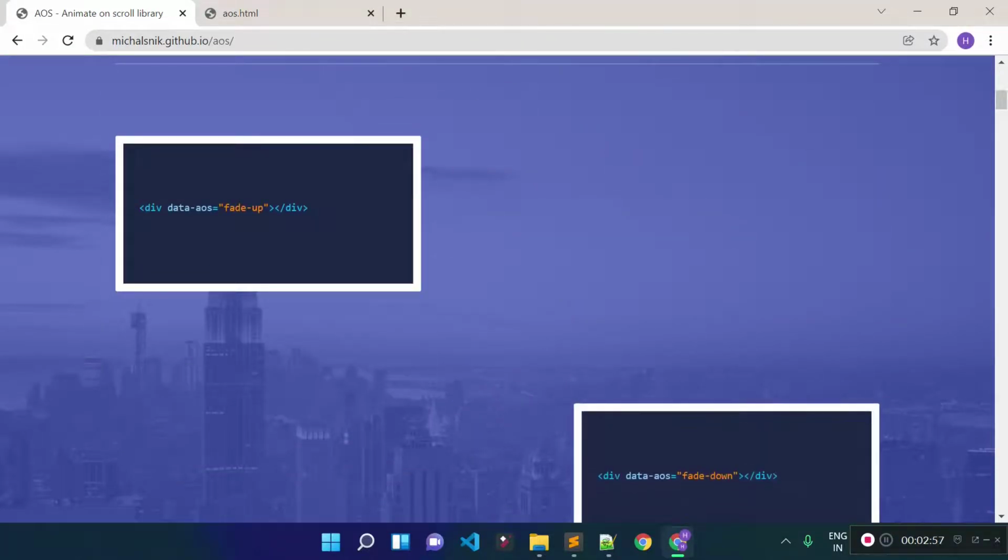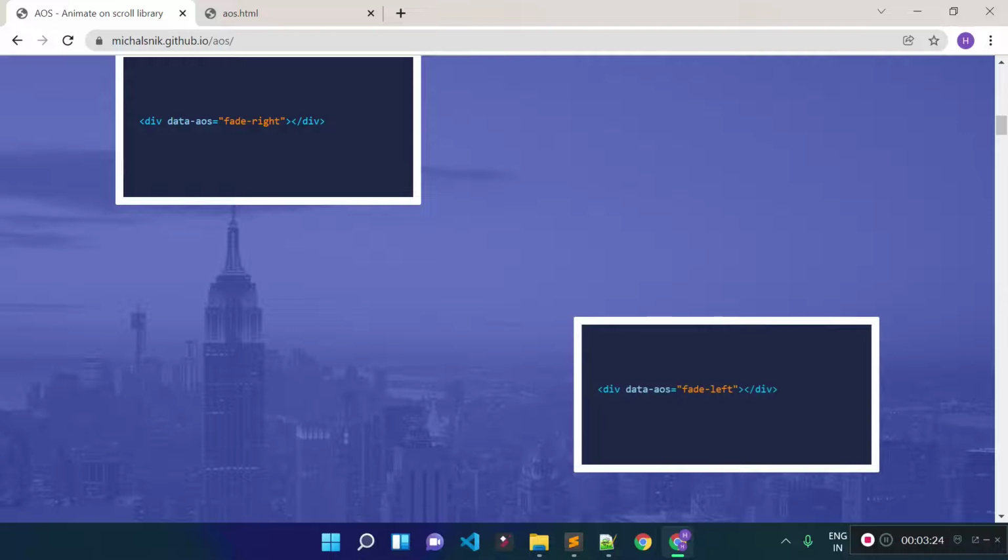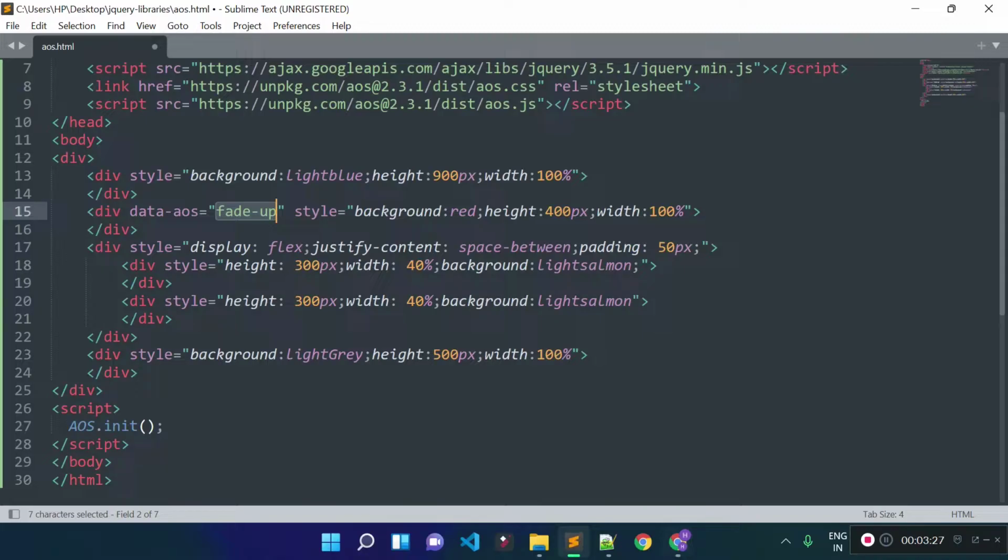and then let's see we can add animation with this data-aos and then the animation name. So suppose we want to add animation to this element of background color red, then what we need to do, we need to add data-aos and then the animation name. Suppose the animation name is fade up or any other animation name, you can choose it from here. Suppose I'm going to add animation fade left, so I'll provide fade left here, and if I refresh this URL,